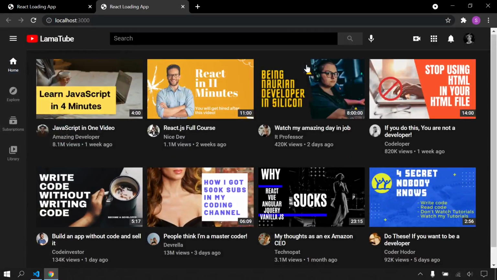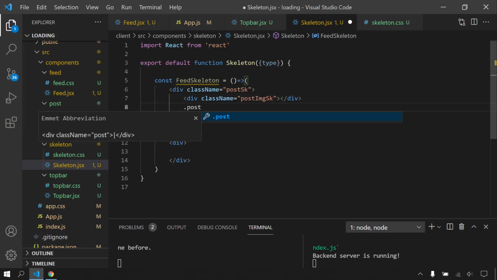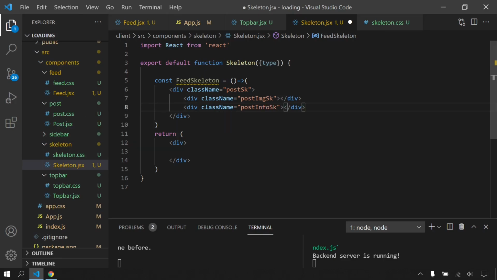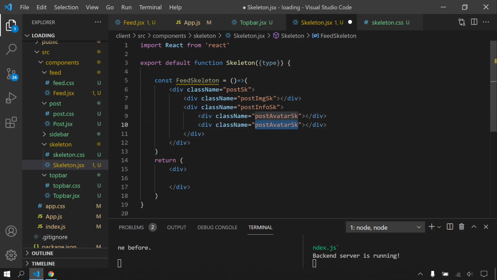So I'm gonna need similar things, image and info container, avatar, details, but for these details it's gonna be only this title div and other text div here. So let's do that. Firstly, it's gonna be post image skeleton, and after that let's create container post info skeleton, and inside again our avatar, post avatar skeleton, and after that there will be container post detail skeleton.